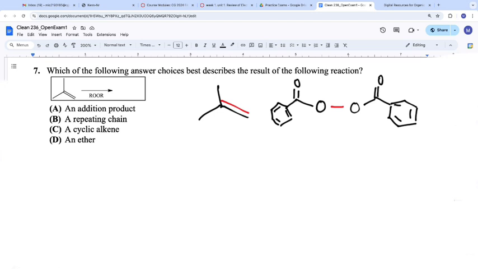Why should it break into radicals? Because I know ROOR makes radicals. Okay, which is fair. This would be that memorization part. If you see ROOR, you should be seeing radicals. Okay, why should it break into radicals? Is there a difference in electronegativity to cause it to polarize one way versus the other? No. Okay, so that bond should split into radicals. But that doesn't always become a radical, does it? ROOR does. When it comes to ROOR, it does?